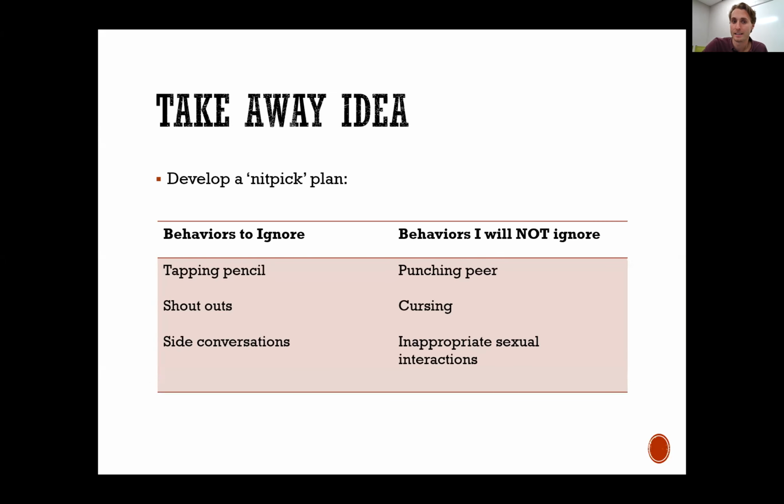So, takeaway ideas. One thing that I recommend teachers do is develop a nitpick plan. When you're starting to get pretty annoyed with some kids that you're working with, one day after school, just sit down and write down things I won't tolerate and things I will tolerate, and try to make those two sides of the table even. You don't want things I will not ignore, 10 items, things I will ignore, 1 item. Try to come up with a fair split and really ask yourself, in my classroom, what are the things that I really need to jump on? And what are the things that I can kind of let slide and continue to reinforce the students that are doing well with positive attention and praise, and let those things work themselves out.